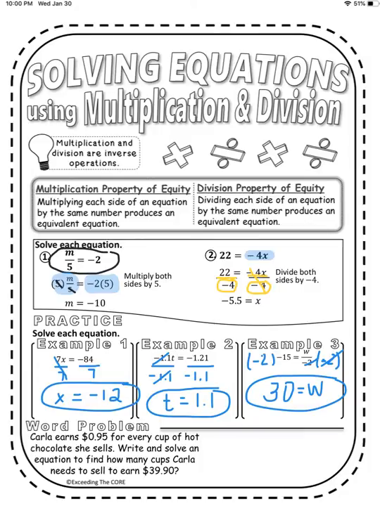Carla earns 95 cents for every cup of hot chocolate she sells. Write and solve an equation to find how many cups Carla needs to sell to earn $39.90. Okay, we know she sells the cups. Well, she makes 95 cents for every cup she sells. So we don't know the number of cups, so we're going to put 0.95 times the number of cups, which we don't know, so I'll call it C,